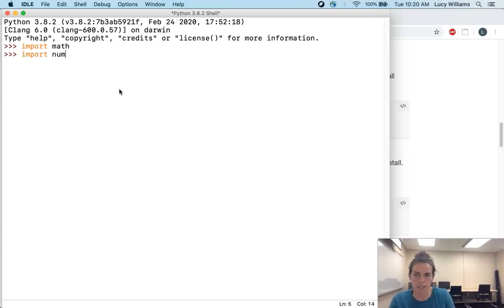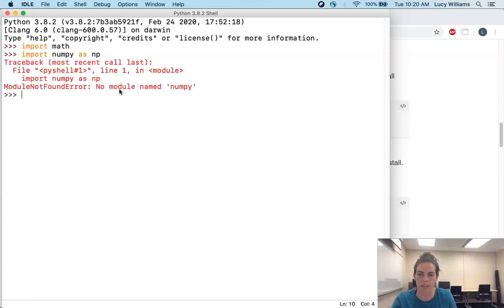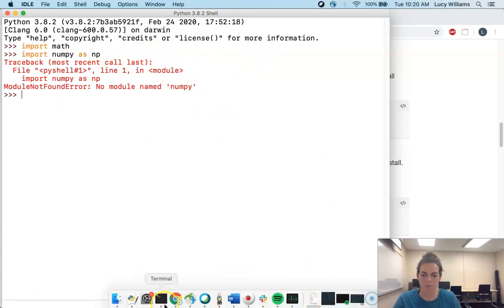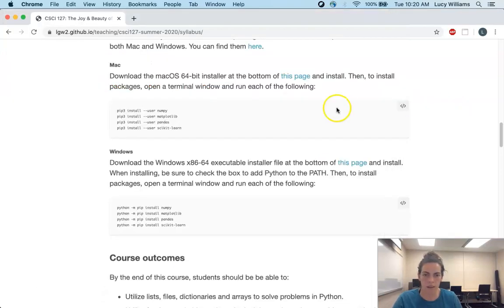Oftentimes NumPy is aliased using the name np, and so I'm just going to import it that way. But when I try to run this, I get an error: module not found. I have no module named numpy, and that's because I have not installed it on my computer, or my Python does not know about it. So let's go back to the website and see how to install NumPy,